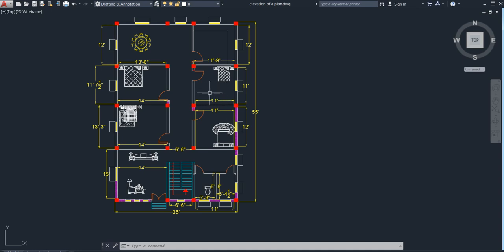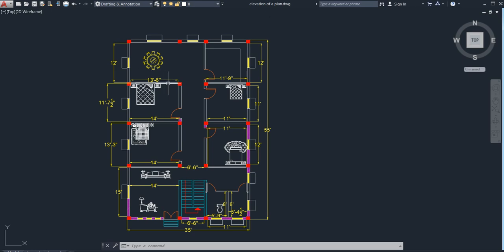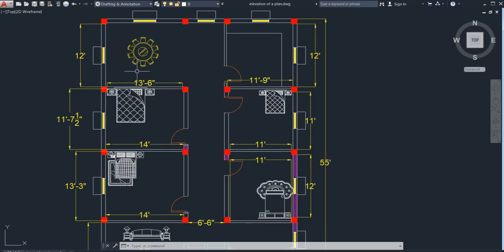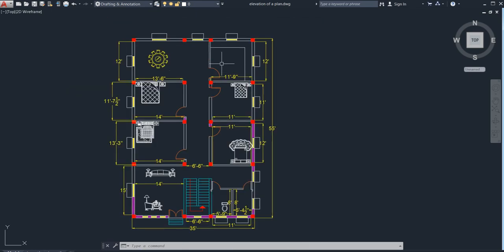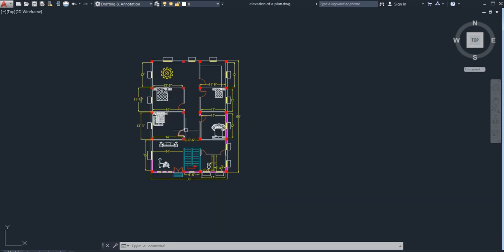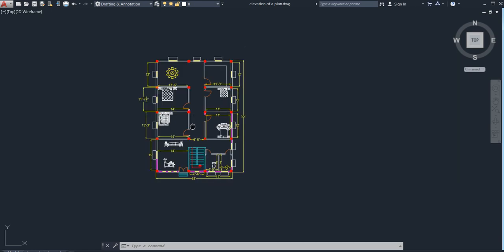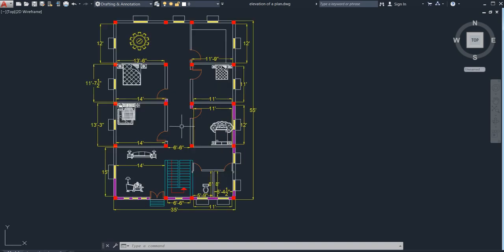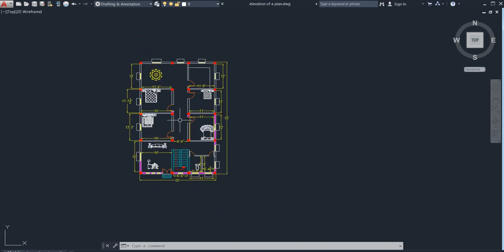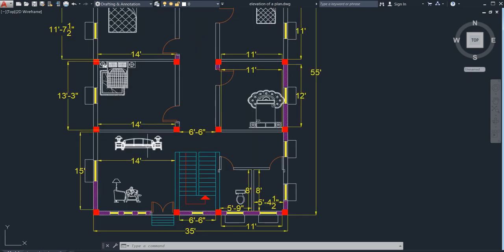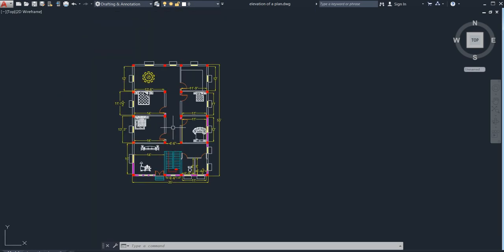This is also our bedroom, 11 feet into 11 feet, and this is our dining room and this is our kitchen. In the same way, I will tell you how to draw this type of building plan. I hope you have understood how to read the building plan.